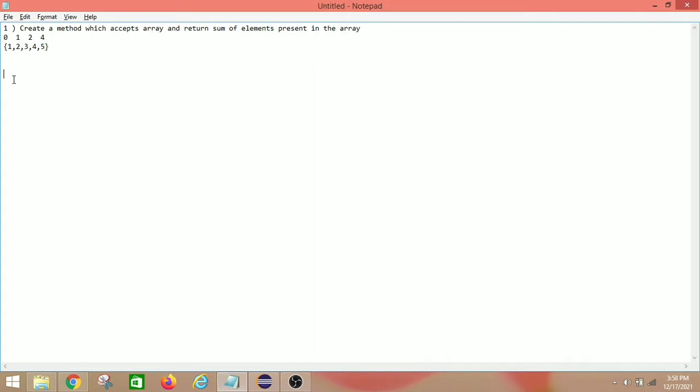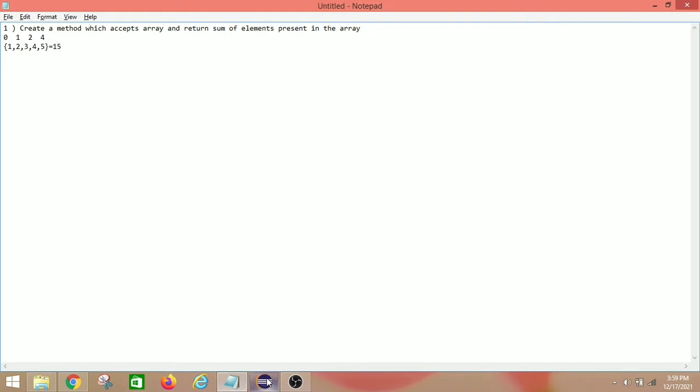So let us see how to find out the sum of elements in the array. Here we have 1 in the 0th position and 2 in the first position. So how can we find out the sum? Manually, we can add 1 plus 2, so we get 3. And that 3 we will add with the other 3, so it will be 6. So the sum is 6, and again we will add that 6 with the 4. Then it will be 10. And again we will add that sum with the 5. So we will get the output as 15. This is how we do it manually. We add each element in the array. So it's simple. Let us see how we can do it in Java programming.